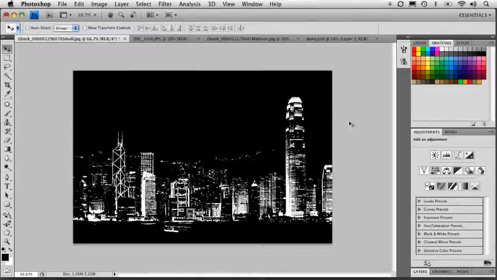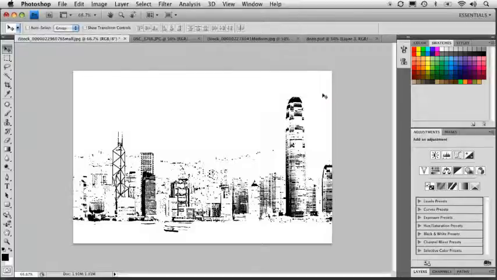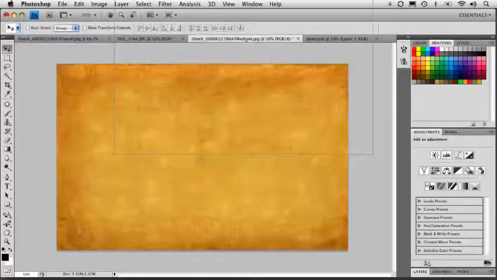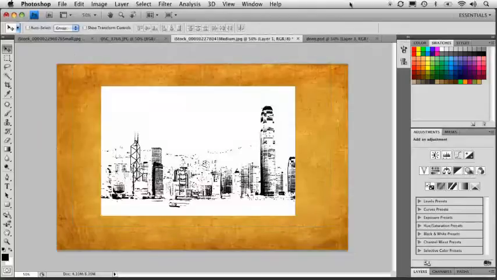And I'm going to press Command or Control I because I want to invert the values of this, because I want the detail or all these lighted areas to actually be black on my original image. So I'm just going to press Command or Control I, and it will invert the values. And let's take this and bring it into our document. I'm going to click and drag it right up to the name of that texture file, which is right up here. And when I release my mouse right inside, it'll just drop it right in there,